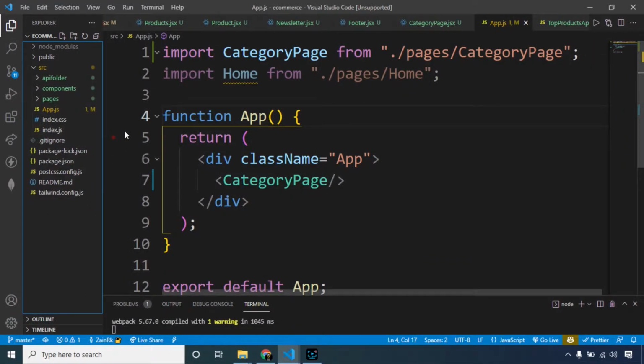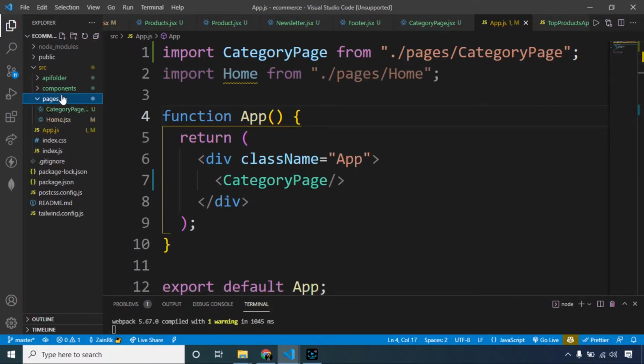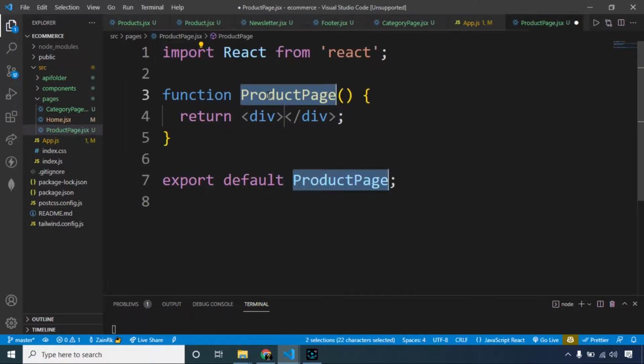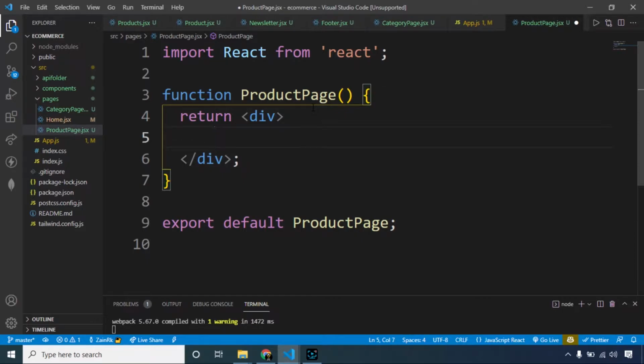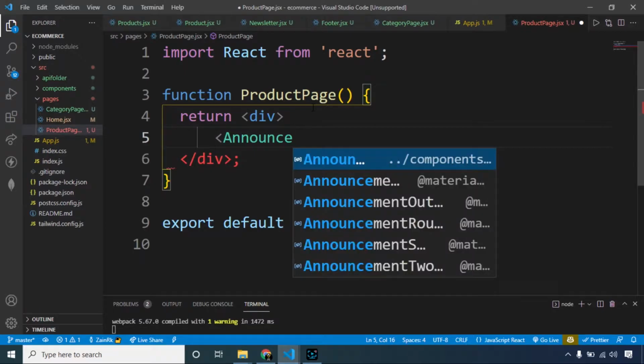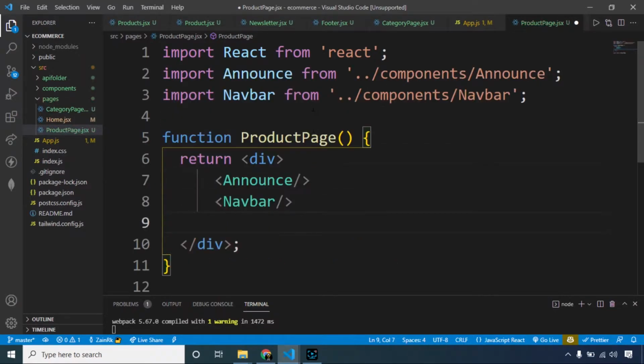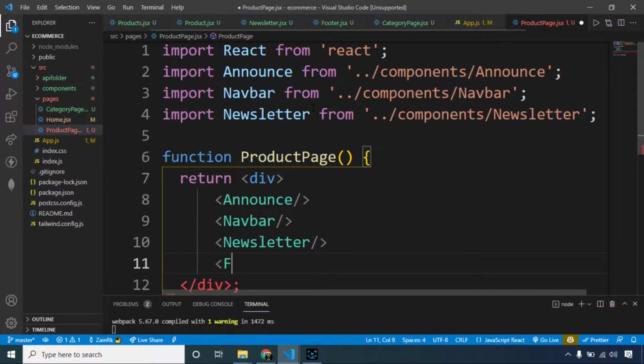Let's begin our product page development by making a file in the pages section named productpage.jsx. First of all, I will simply import my pre-built components like the announce bar, nav bar, newsletter, and finally our footer.